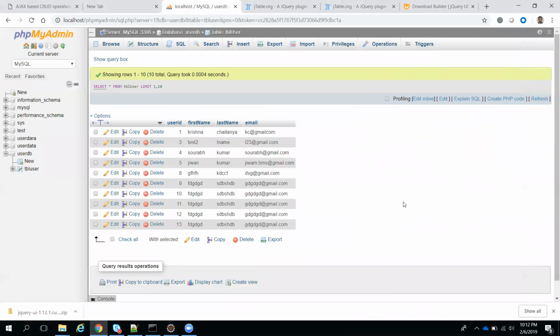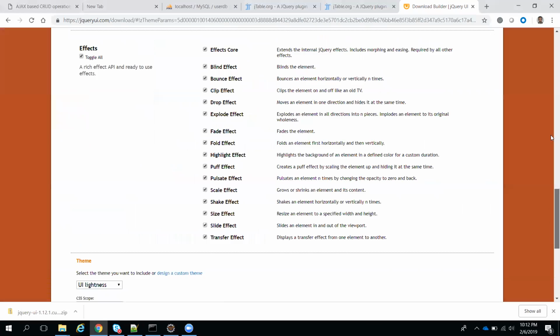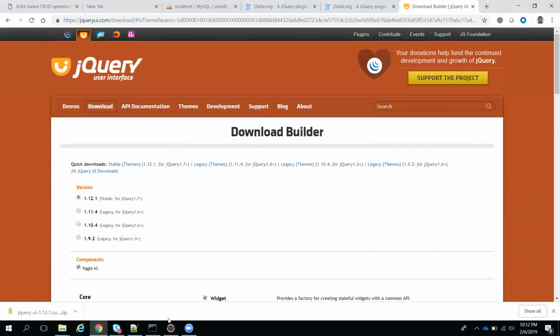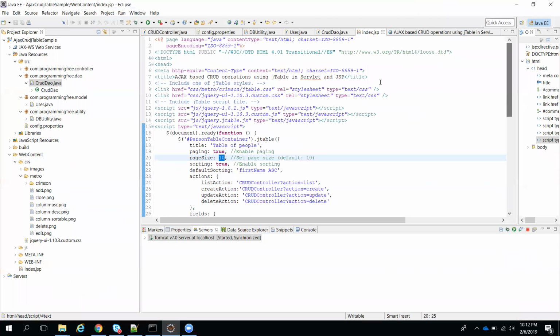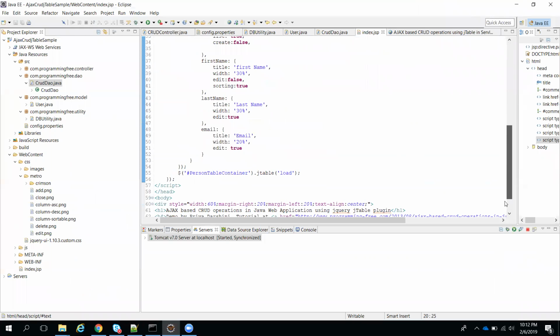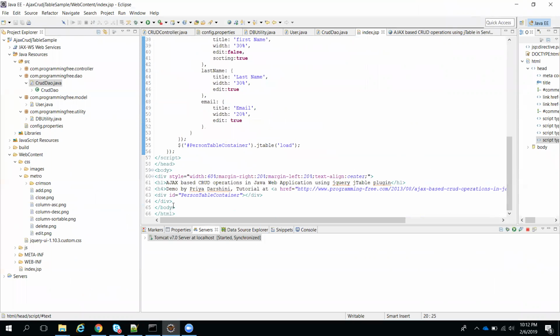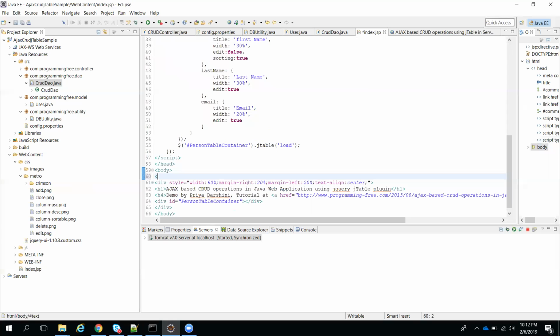Now for jQuery UI, I was talking about date picker and so on, right? I will show you a date picker here, how we can implement a date picker. Okay, I will modify this code in the same application. I will show just how we can show a date picker through jQuery. Okay, here I will declare one input